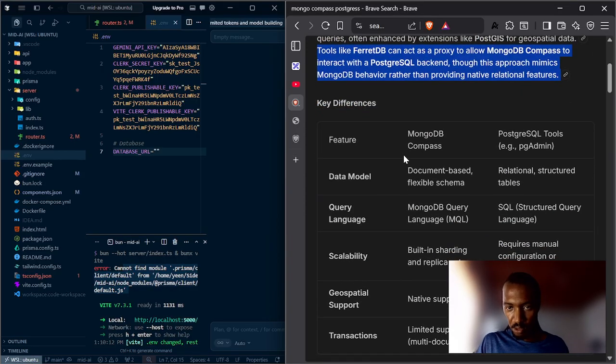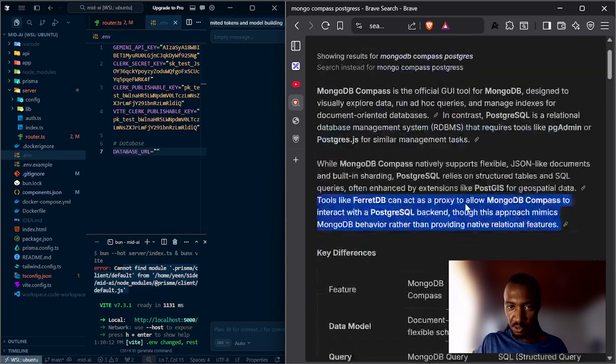Yep, you can run MongoDB Compass with a Postgres instance, but